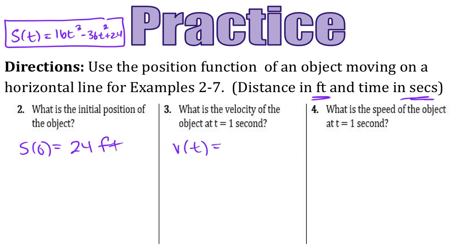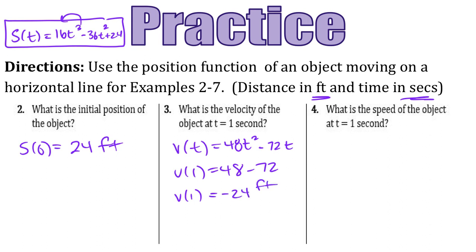So the first thing we need to do is find the velocity function, which is going to be the derivative. So 48t^2, if I multiply 3 by 16, t to the second, minus 36 times 2 is 72t. And then we're just going to go ahead and plug in 1. So 48 minus 72, that's going to give us that the velocity at 1 second is negative 24 feet per